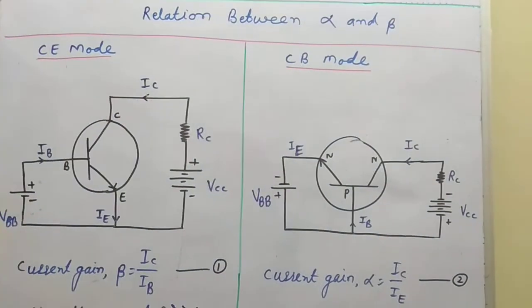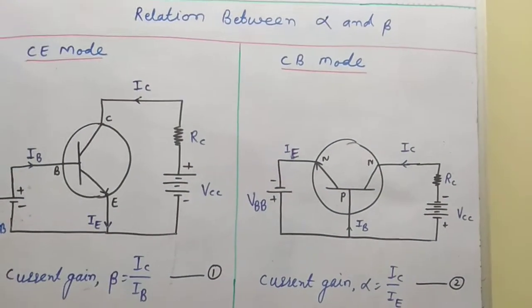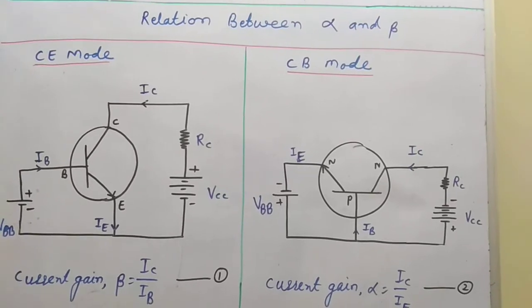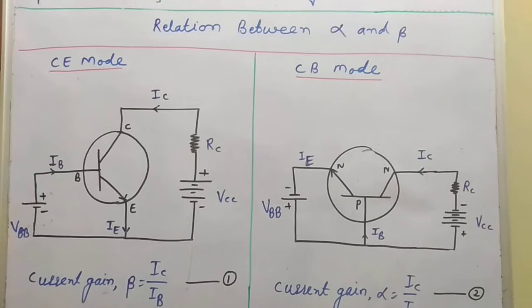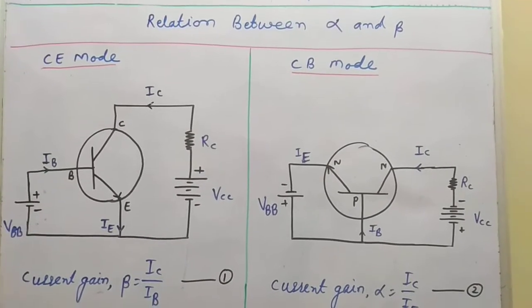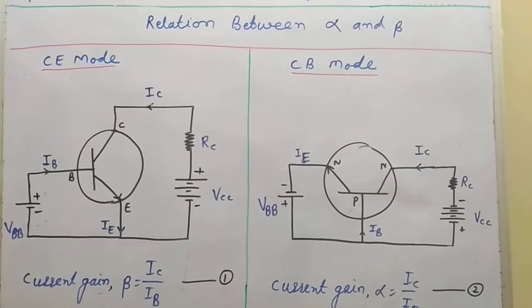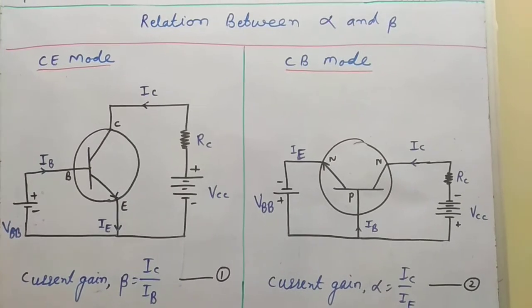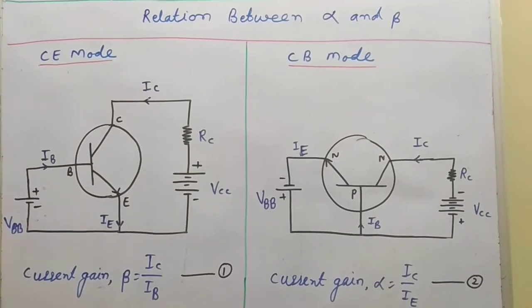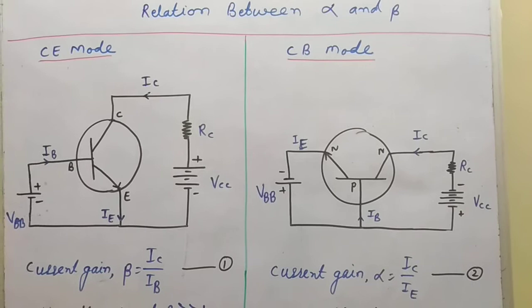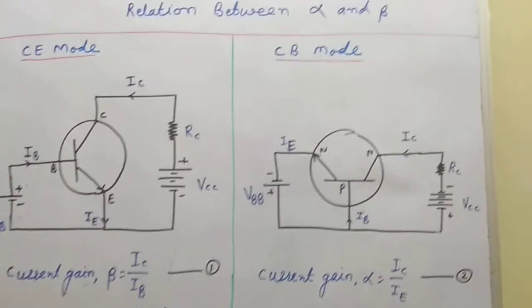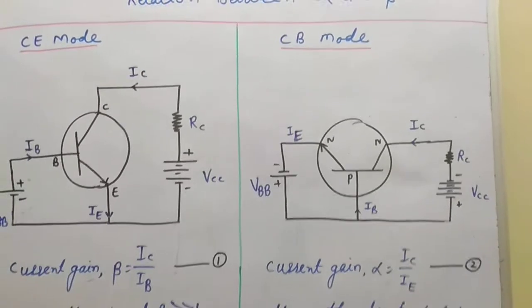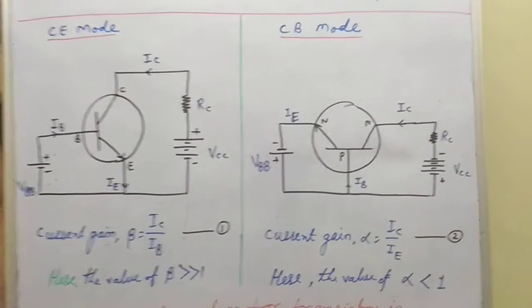Now, today's topic is the relation between alpha and beta for a transistor. Now, we can use the transistor in common emitter mode and in common base mode. The circuit diagram for common emitter mode and common base mode is as shown in the given figure, and we know